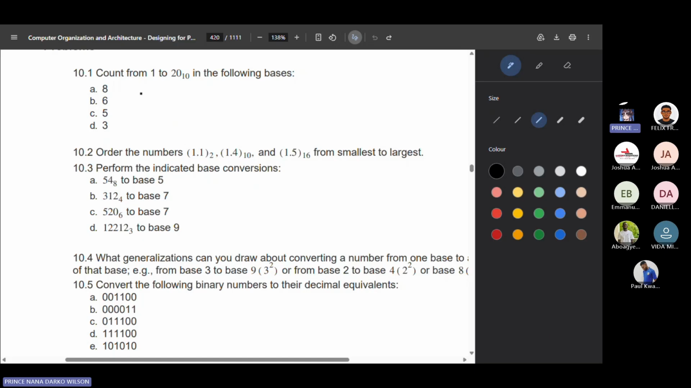So you help me do the counting, okay? I'm going to select one person at random and see if you can apply what we just did, if you understood this, that is. So if we are counting from 1 to 20 in base 5,